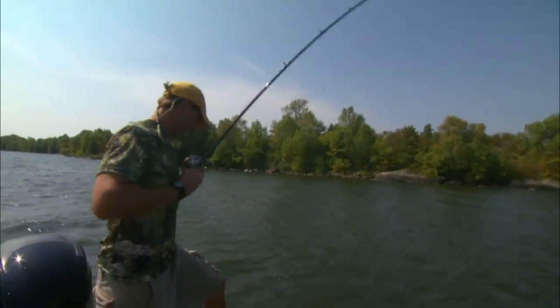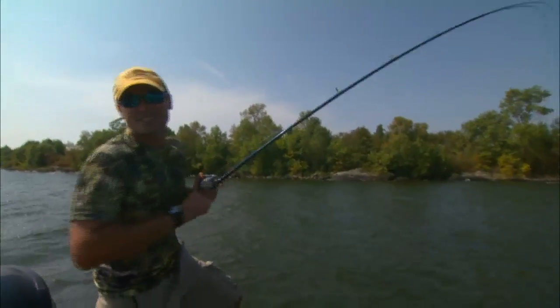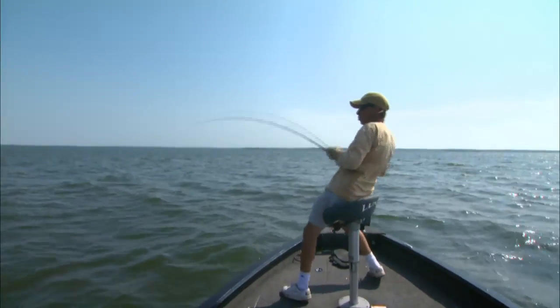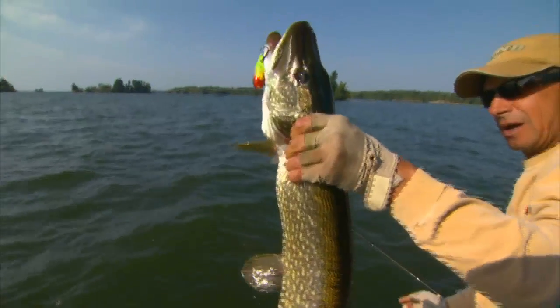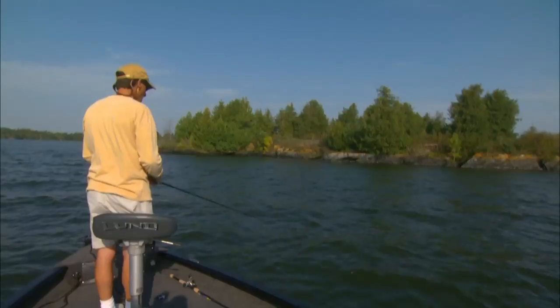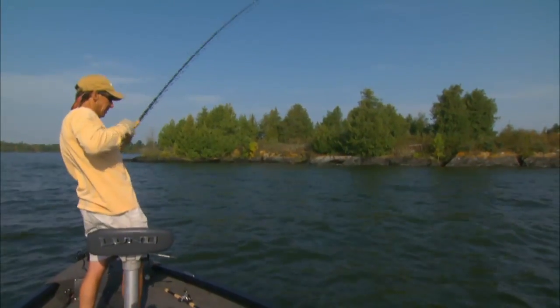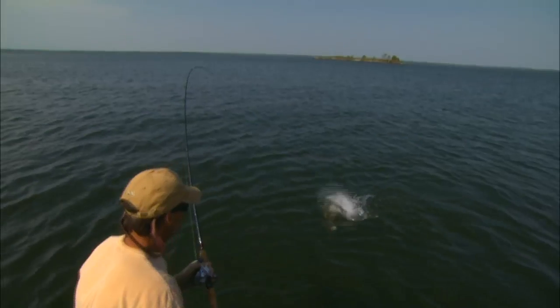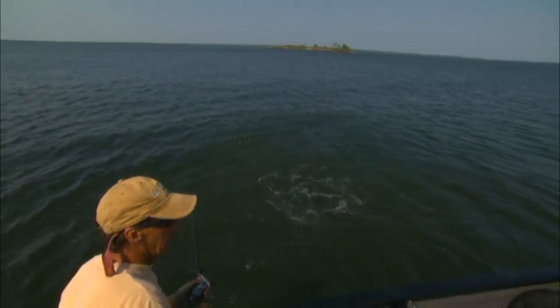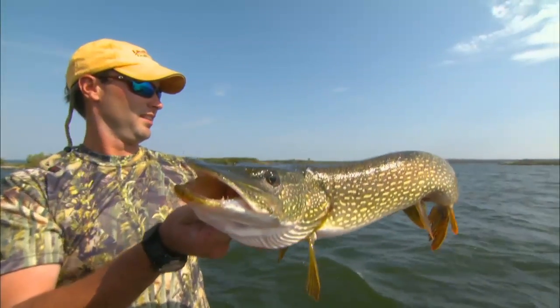You know, a lot of people look at pike as a fish that steals your jigs when you're walleye fishing or bass fishing, but they are, in reality, one of North America's greatest sport fish, especially when you're in areas like Northwest Ontario, where we are now in Sunset Country. Everybody's thinking about walleyes, maybe a little musky fishing, but you get your heavier bass sticks, some mid-sized baits, and you go out and cast, and man, I'm telling you, it is fish after fish, but the action